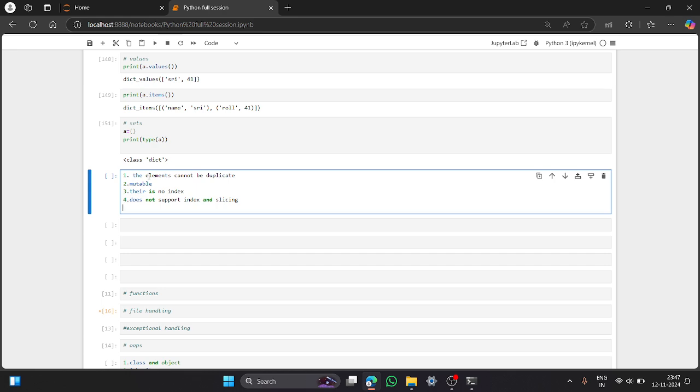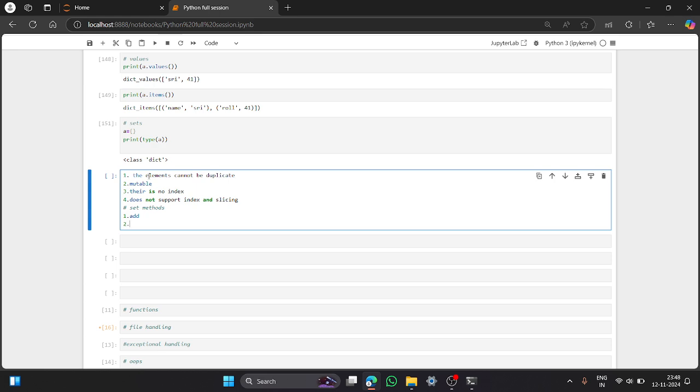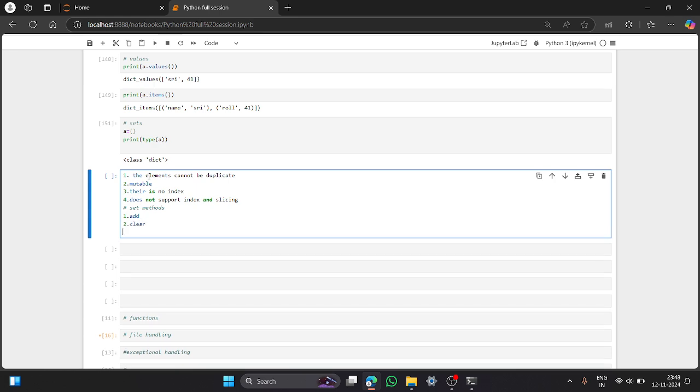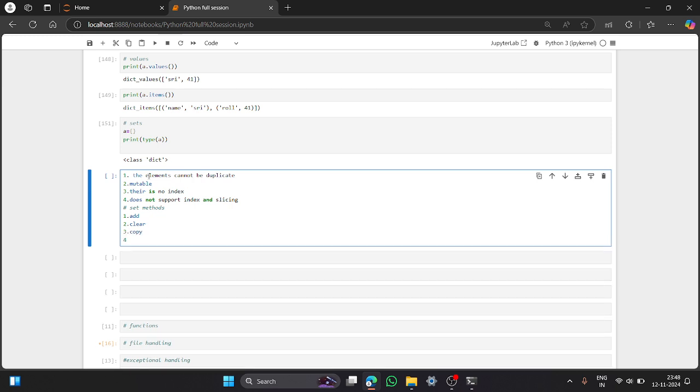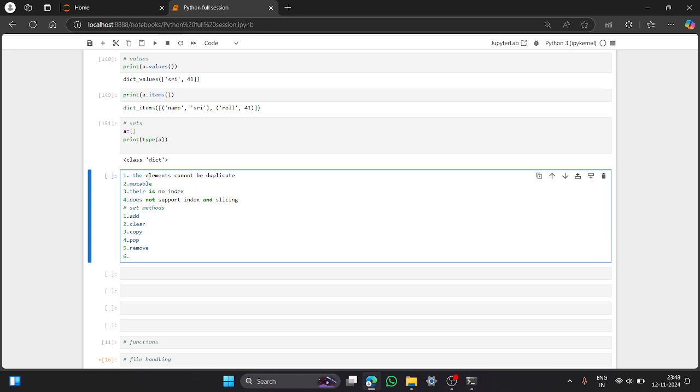Indexing and, okay, we are going to have set methods here. Same, everything will be repeated. Add, clear, clearing the empty set, copy, this is to copy, and pop, we know that. Fifth, remove, and sixth of update. These are the